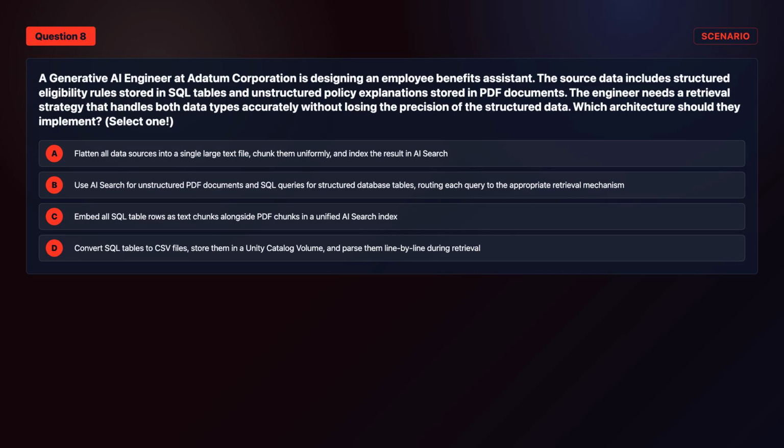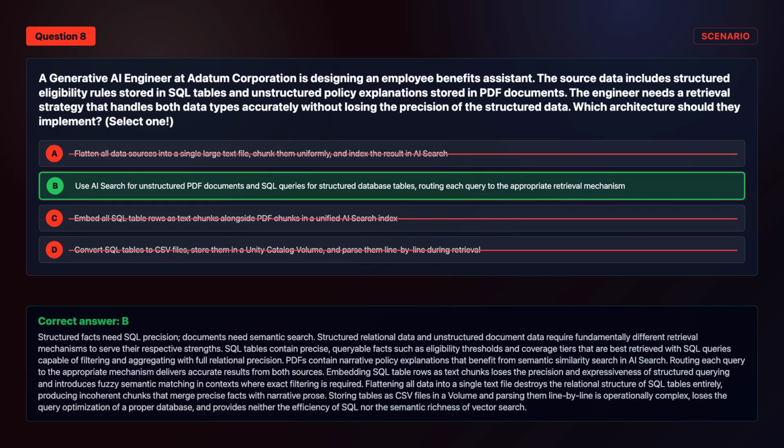Select one. Review the answer choices on screen. The correct answer is option B. Structured facts need SQL precision. Documents need semantic search. Structured relational data and unstructured document data require fundamentally different retrieval mechanisms to serve their respective